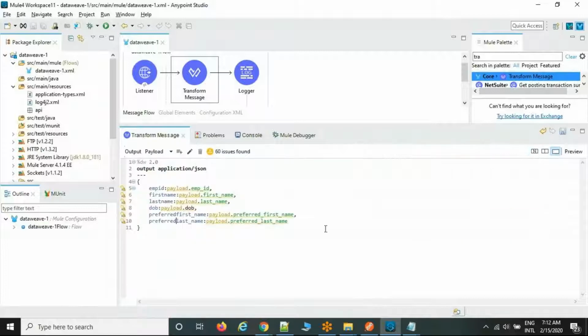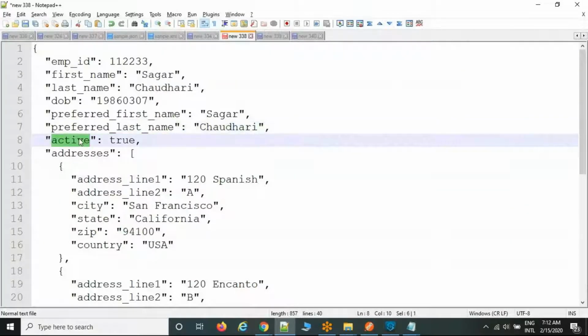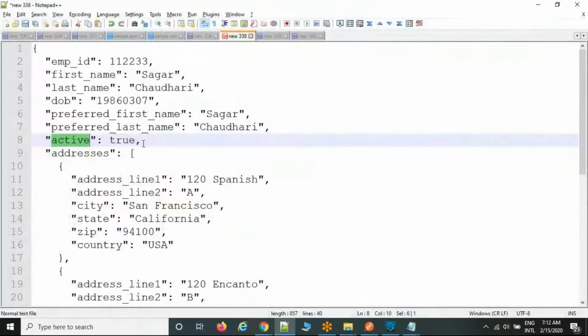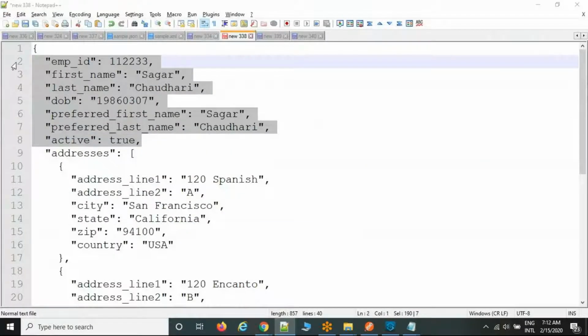You can expand this one as well. Okay. Active. So there is no loop until active. So I'm going to write manually.